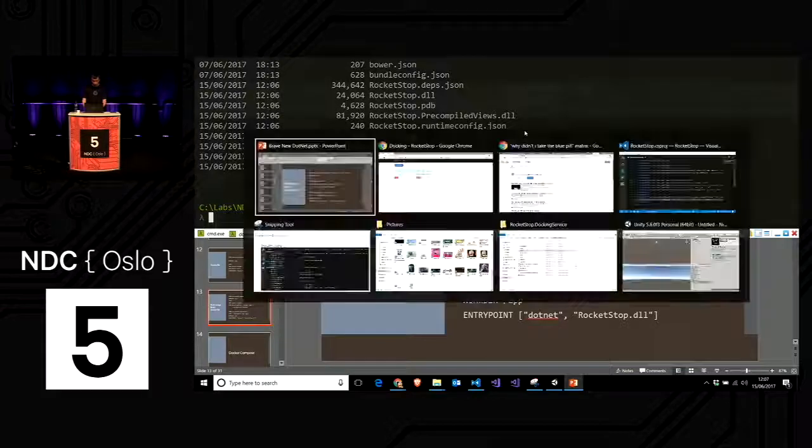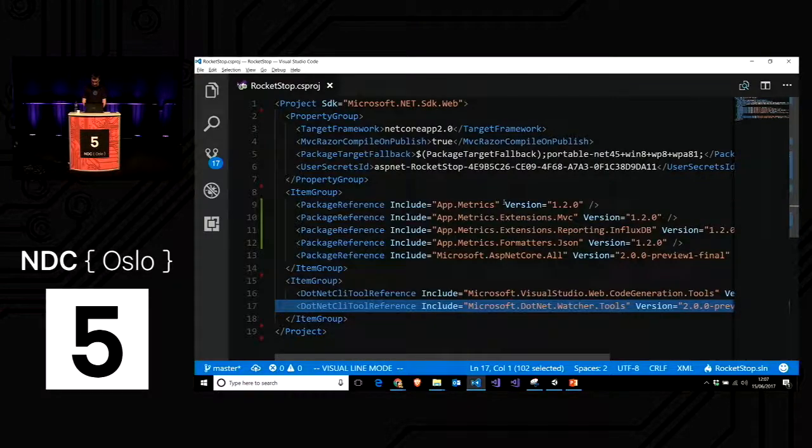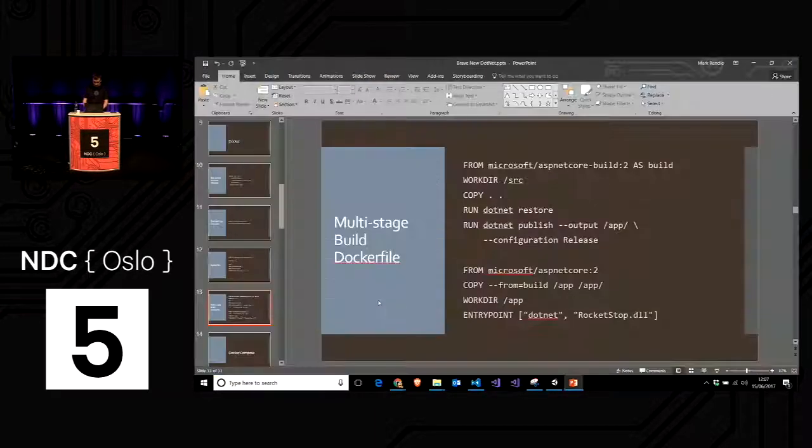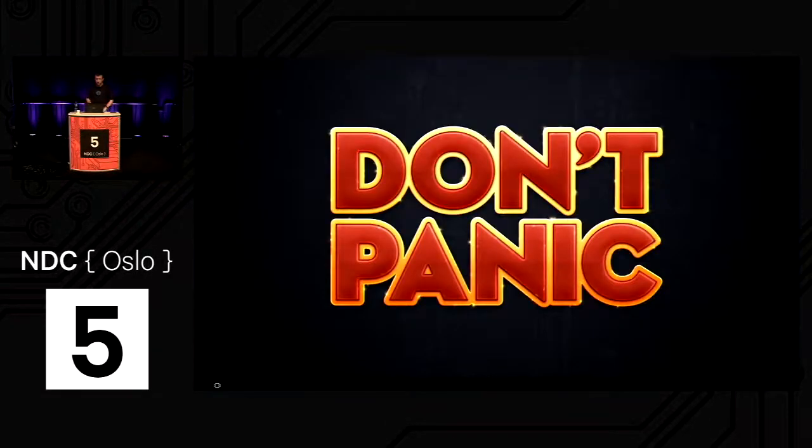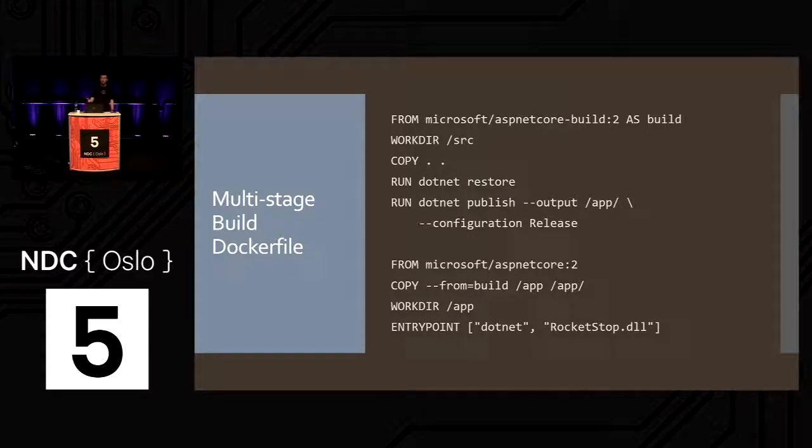That is what this line here is doing, the Microsoft Visual Studio web code generation tools. It pre-compiles your CSHTML files into a DLL and deploys those. Okay, so that's what's being created, and then that's what we're copying onto our Docker image from